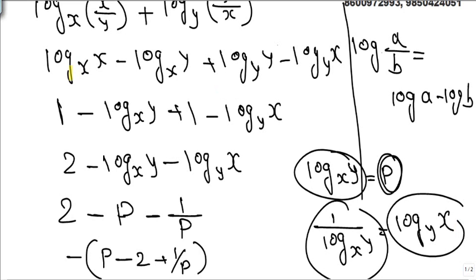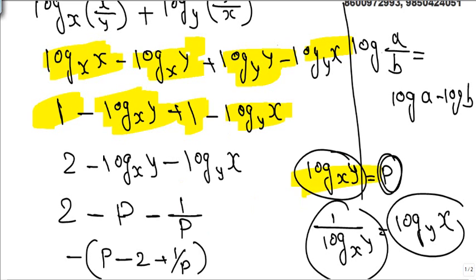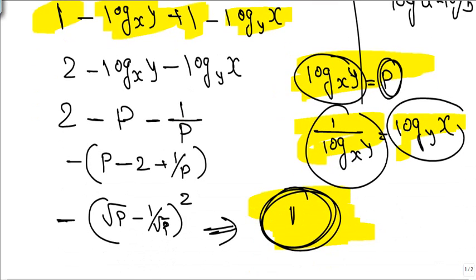Look, simple thing. Log x, this thing, we worked it out. Log to the base y is 1. Log to the base this thing, we wrote it inverted, we took this as p, this is nothing but this thing. So what we get here is, try any value, this value can never be 1. So the answer: it cannot be 1.